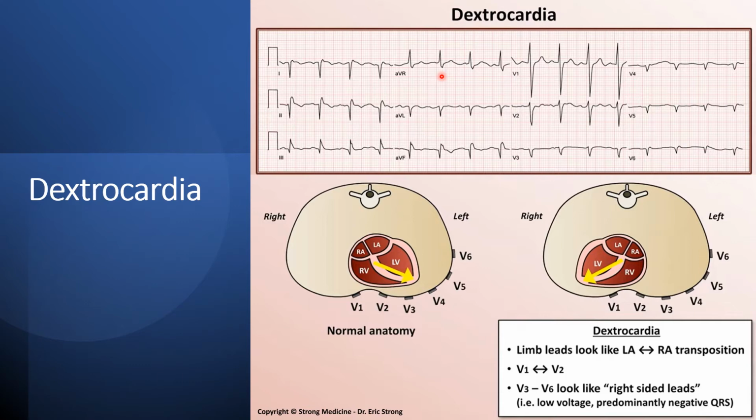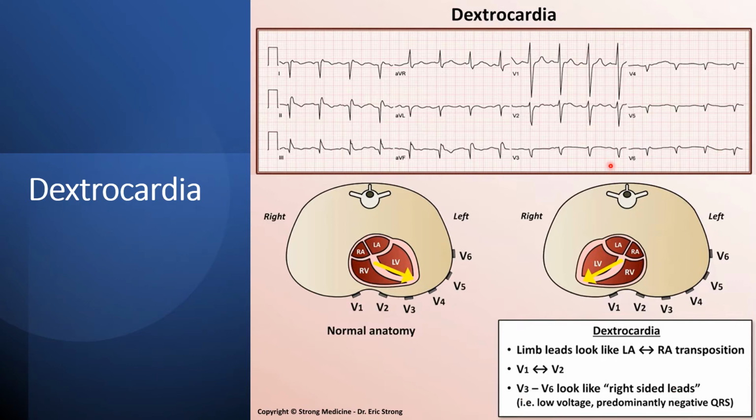So if you actually switch the right arm lead to the left arm lead on a normal anatomy without dextrocardia, you will see the same kind of QRS complexes, and I'm going to talk about that in a second. But the most important thing that I want you to focus on is the precordial leads in